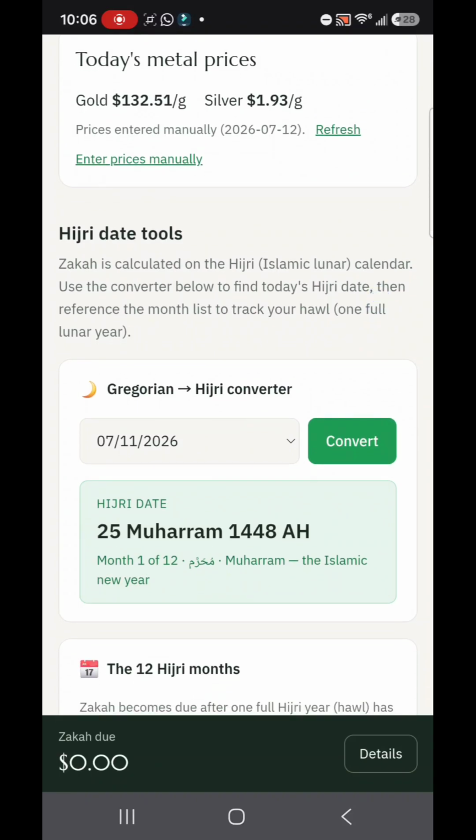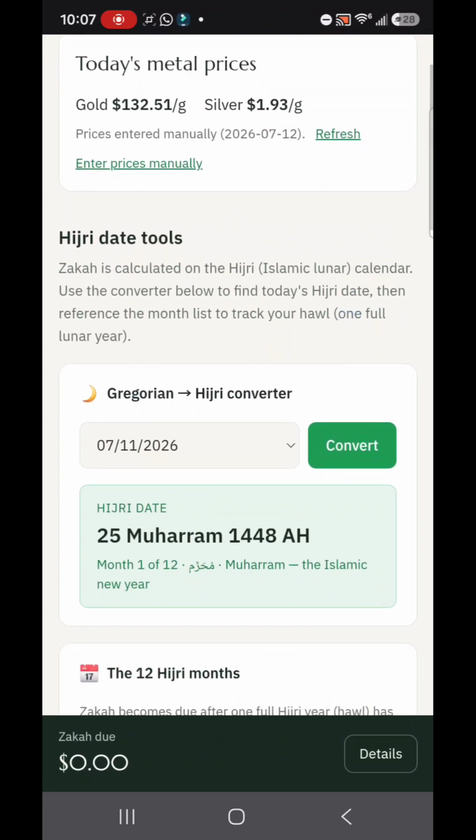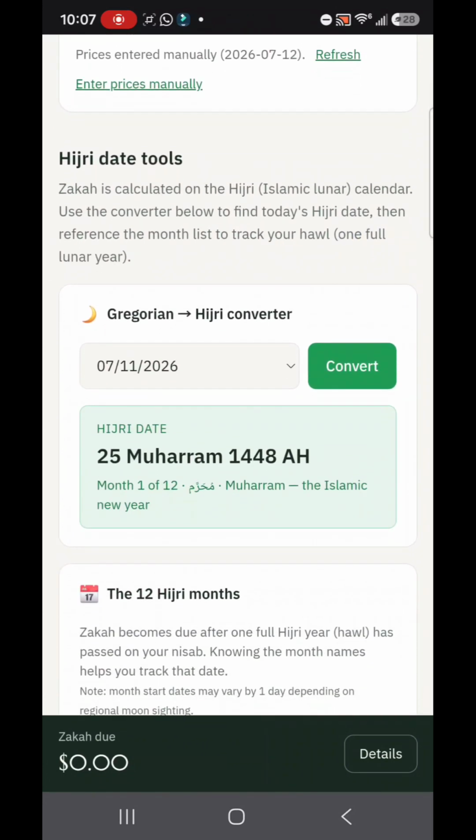Now Zakah is paid after a year. So after a year of owning the zakatable amount of money, be it gold or silver, you pay the zakah on it. And the year's calculation is based on the Hijri calendar, and the Hijri calendar goes 10 or 11 days faster than the Gregorian calendar. So that's why I added this part to convert from